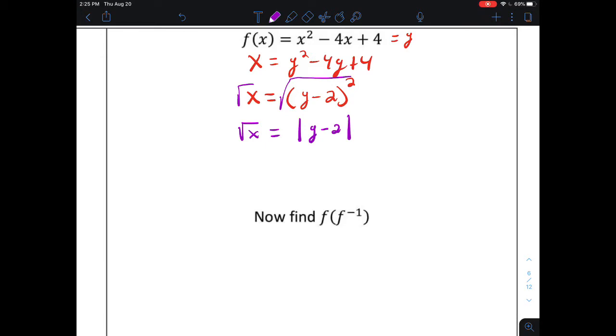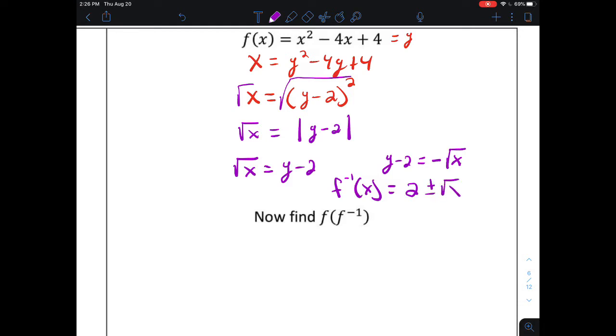And then to take off the absolute value, we would have to account for y minus 2 creating the square root of x, and y minus 2 creating a value equivalent to negative 1 times the square root of x. And so what we have really is two separate functions to account for. If I write those as y equals, now I'm going to go ahead and use function notation. All I would need to do is move the 2 to the other side. So it'd be 2 plus or minus the square root of x. So we'd have to pick which inverse function we were going to use based on